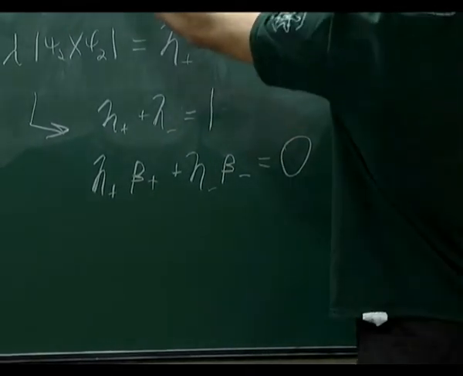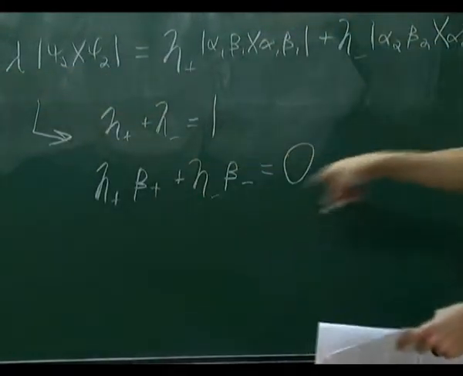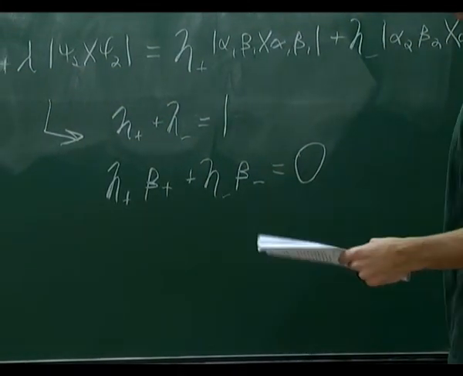When you plug these in, you'll get some cross terms, and we need them to cancel. So this is just the cancellation of cross terms. And then the final is that